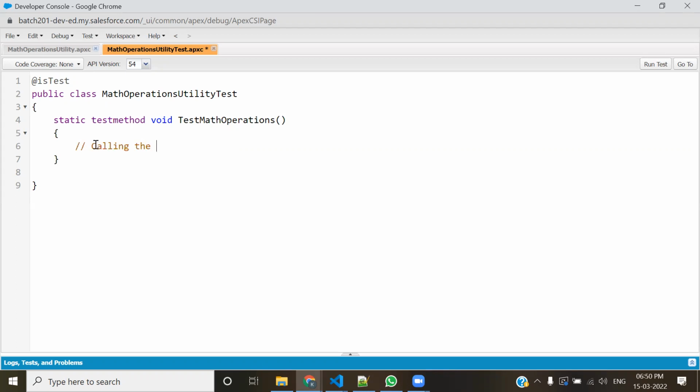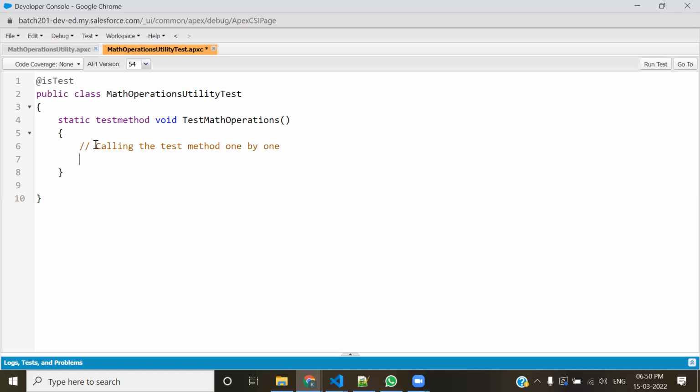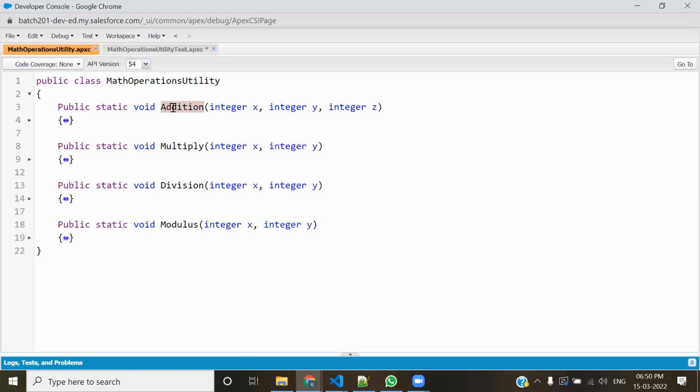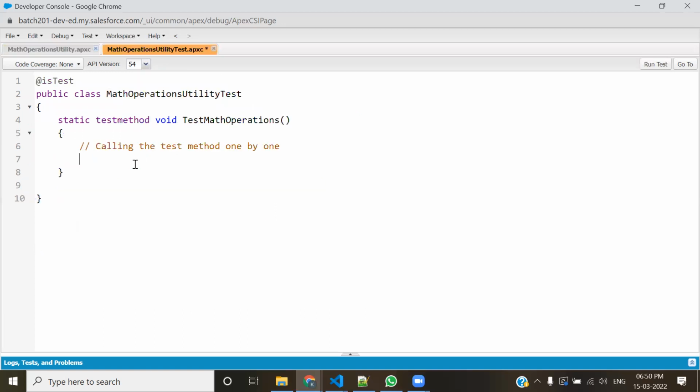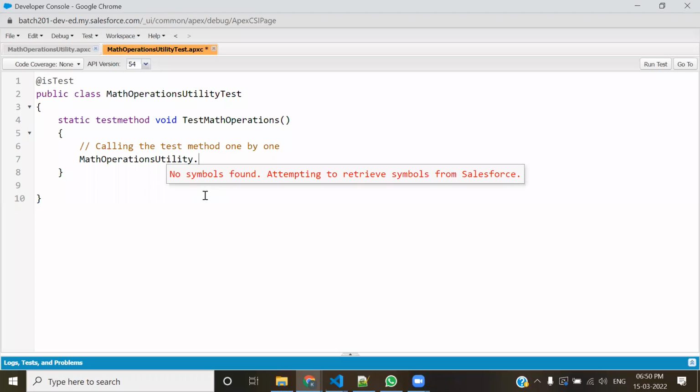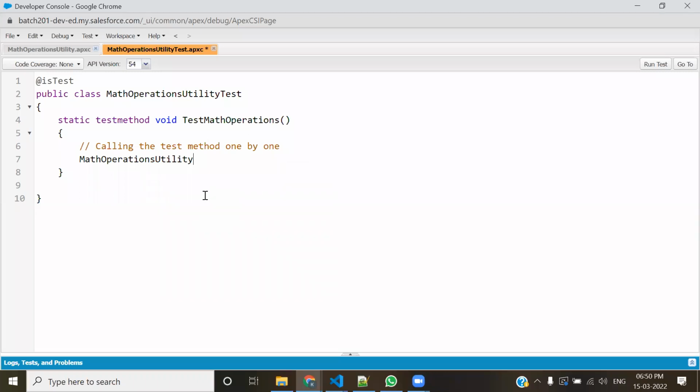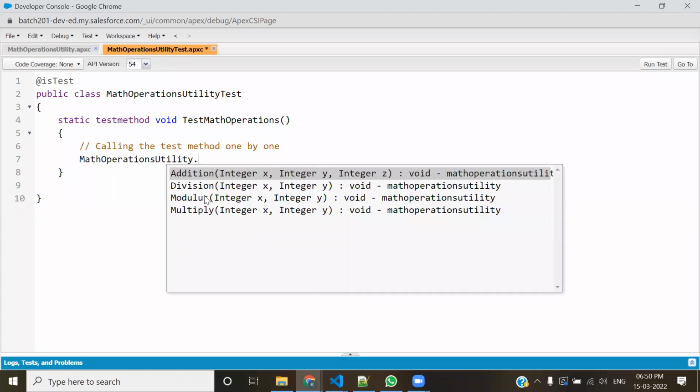नाउ हियर आई विल बी calling the test methods one by one. यहाँ पे मैं सबको एक एक करके कॉल करता हूँ. तो फर्स्ट ऑफ ऑल आई रिक्वायर टू चेक विच मेथड, मुझे सबसे पहले किसको चेक करना है, एडिशन चेक करना है. एडिशन बिलोंग्स टू विच क्लास, ये क्लास, ठीक है. तो देखो हाउ आई एम कॉलिंग, मैथ्स ऑपरेशन यूटिलिटी डॉट, फर्स्ट मेथड, आई नीड टू कॉल द एडिशन मेथड, एडिशन मेथड मैं कॉल कर रहा हूँ, ठीक है. व्हाट इज द रिटर्न टाइप, वॉइड, ठीक है,